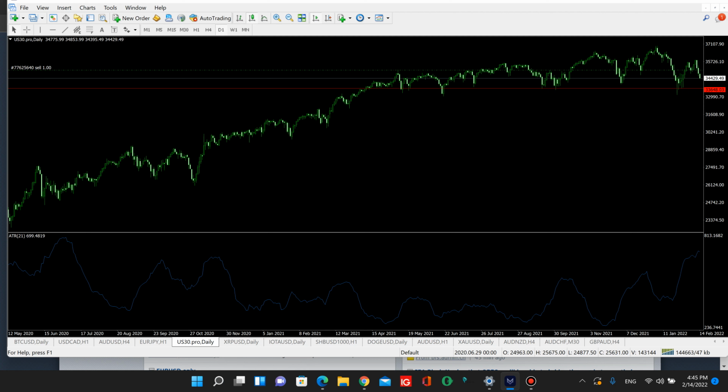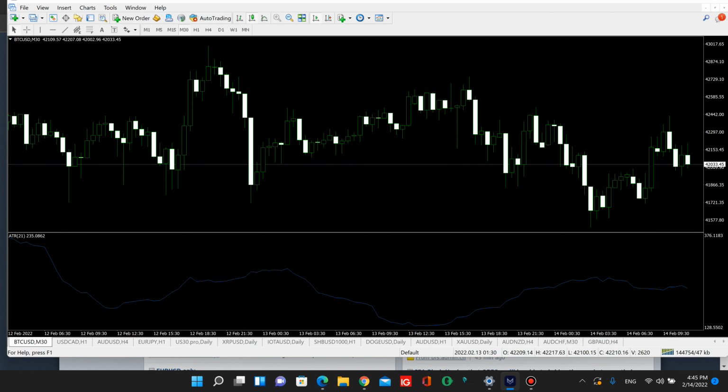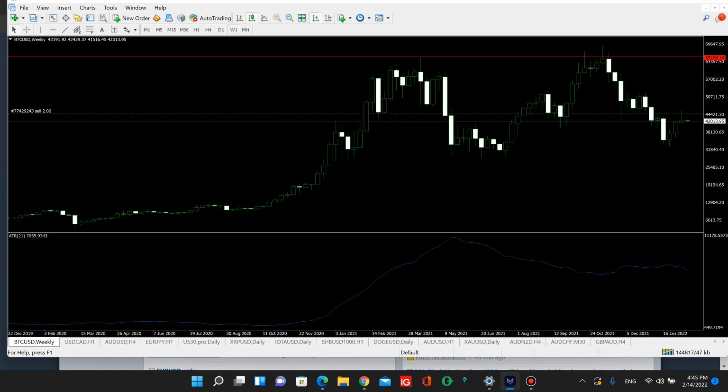I want to break down one more pair, Bitcoin, BTC USD. That's also something that I was shorting from last week. We can see that Bitcoin is actually on a nice drive to the downside. It's been in the bear market since November of 2021. We can see that there has been a couple bull drives, and, you know, a lot of people were hopeful, but for the past quarter, the Bitcoin market is currently driving